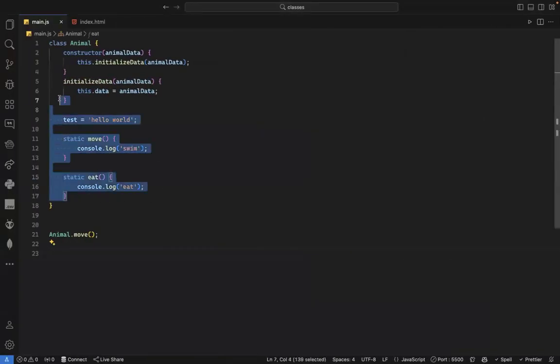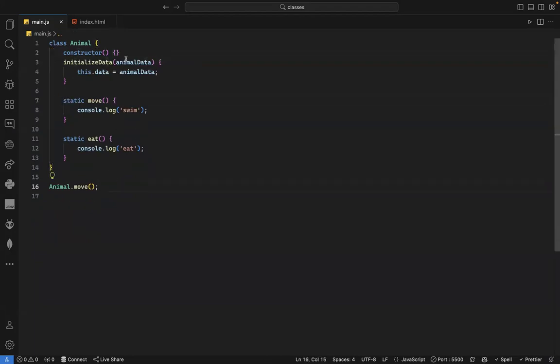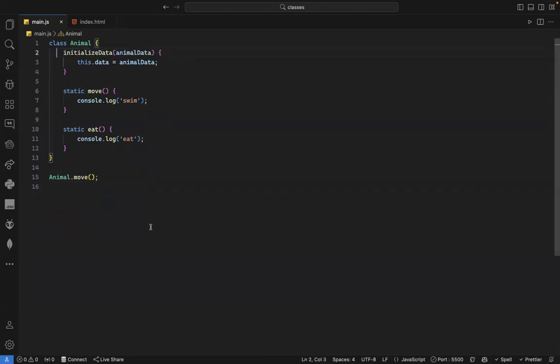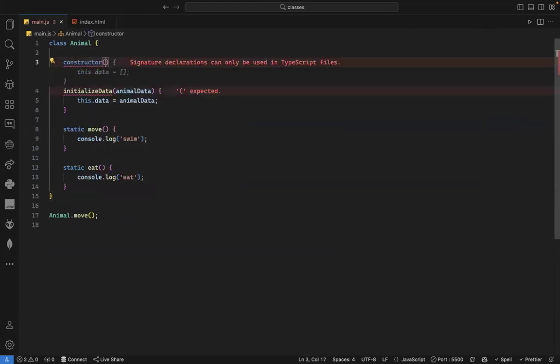Fine. I have my constructor here. And let me just not do this one actually. I don't want to initialize any data for now. I don't need this test. I'm not sure if I can, I don't need the constructor for now. What I'm explaining is a getter and setter, so I will need the constructor actually. Like that, and the constructor here, let's say,